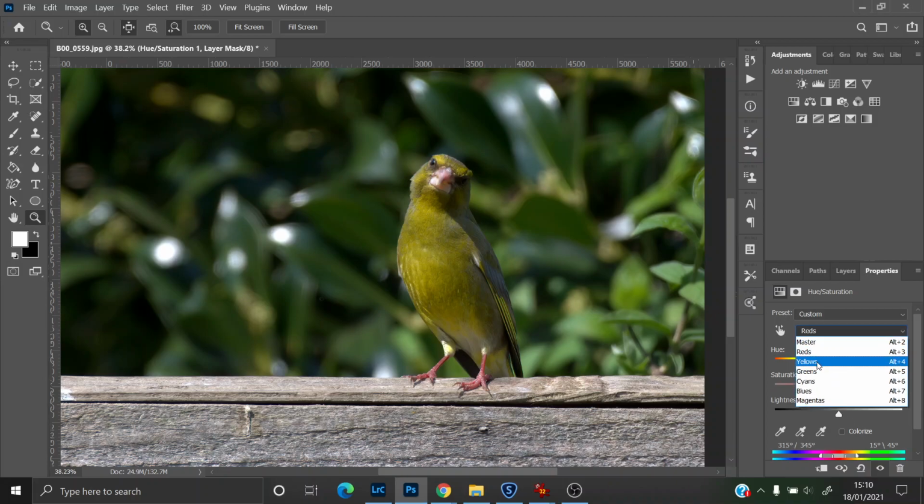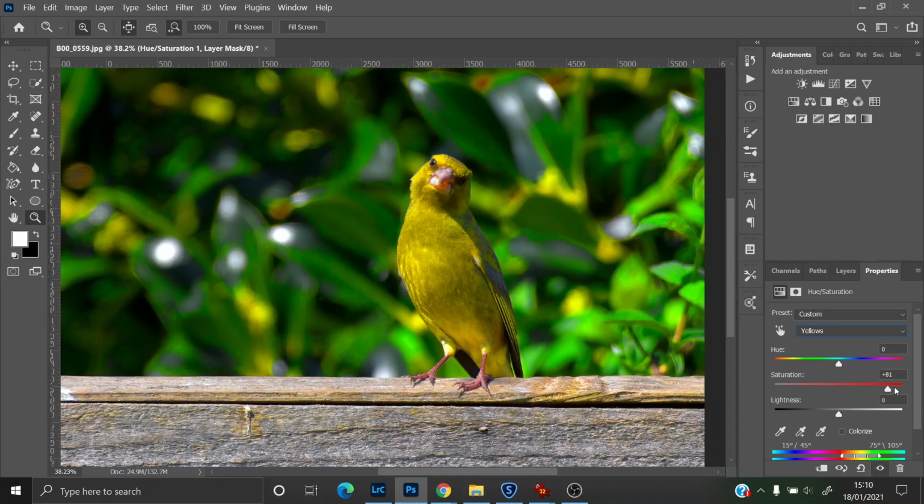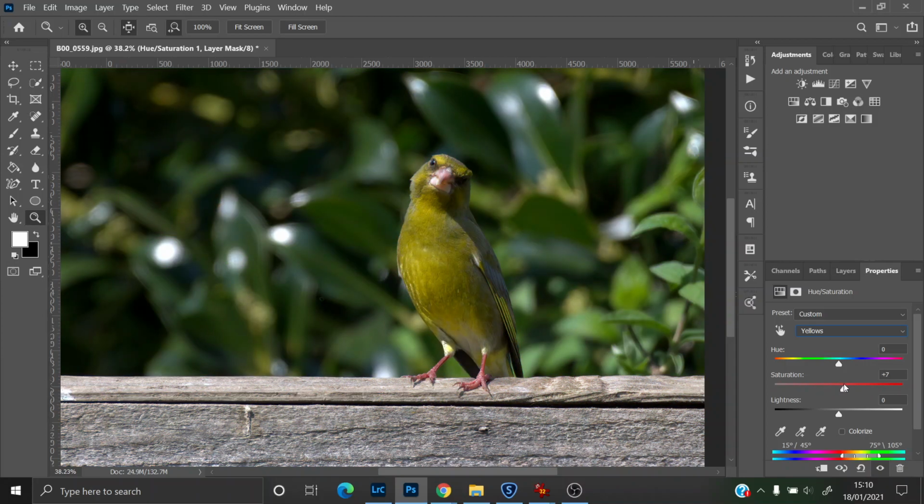And then we're going to go to yellows. Now predominantly yellow is a colour that covers a multitude of your screen, in effect. So most of these greens that you can see in the image are actually yellow. They're not green at all. So we have to be a little bit more subtle with the yellow. If I was to crank the yellow up, you can see it affects lots of the image. But our greenfinch is actually yellow. So what we're going to do is we're going to take him up just a little bit. Yep,